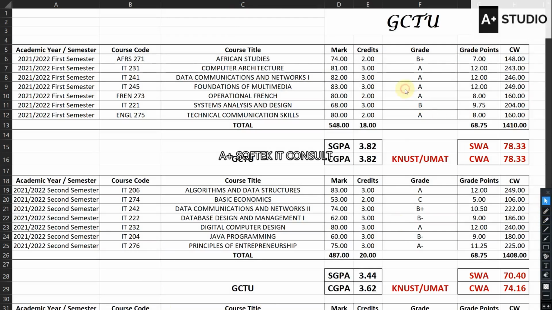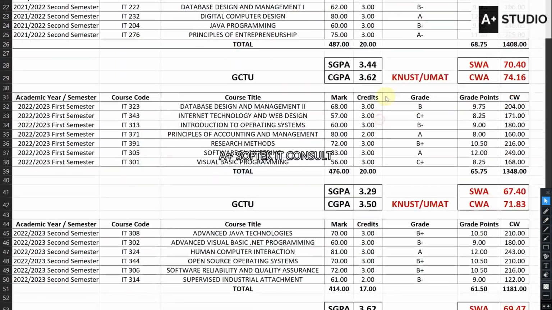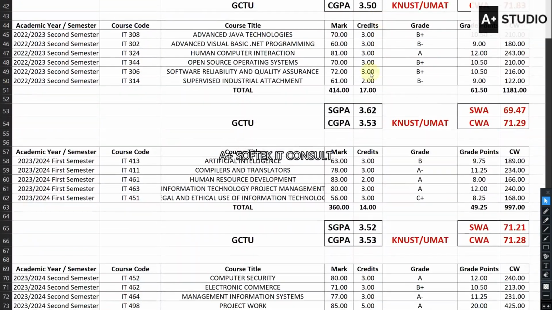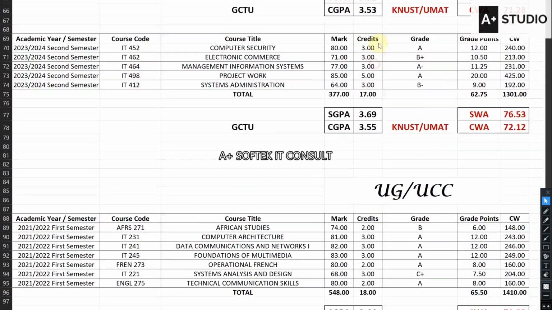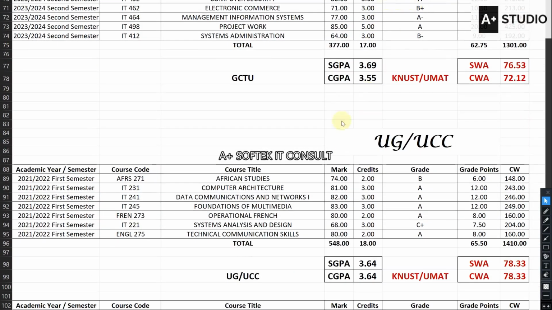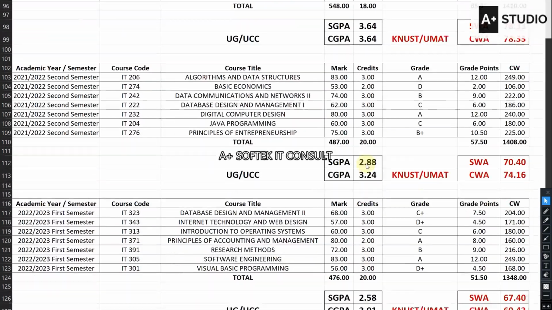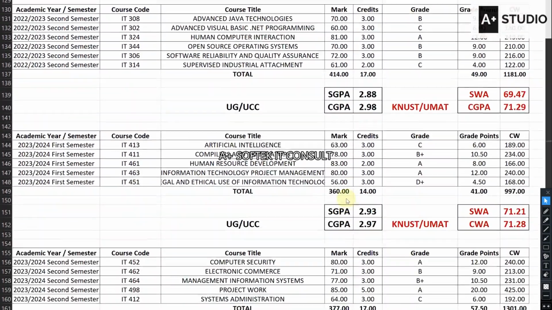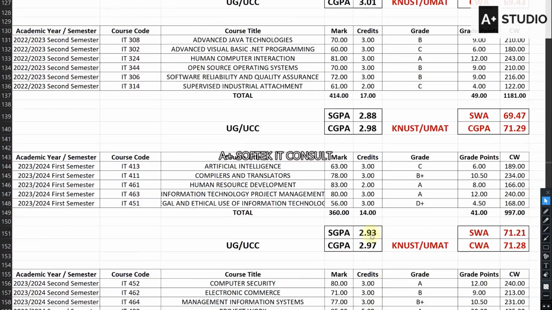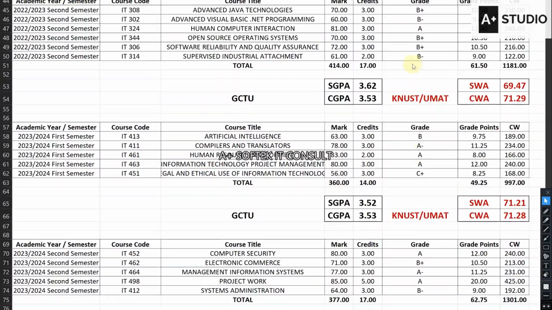So as you are seeing from here, this is an actual result of a student, okay? Actual result of a student, which is very correct and very accurate. So in here, I'm showing you the result of this particular student, as you can see. So if I preview this again for you to see,